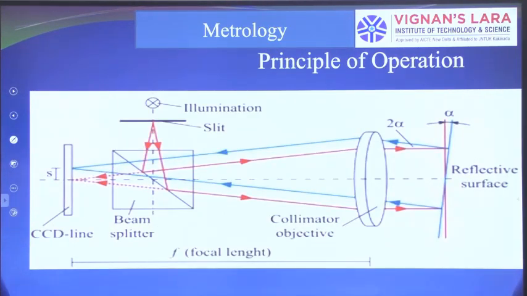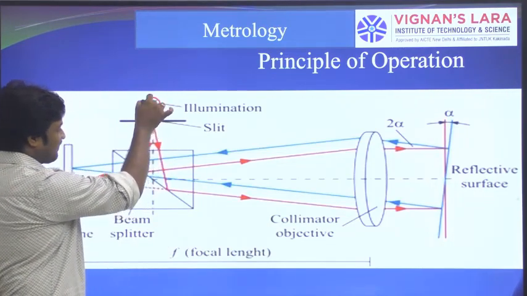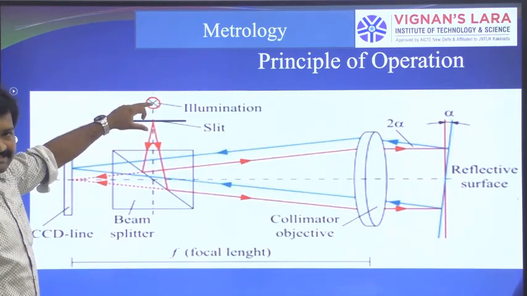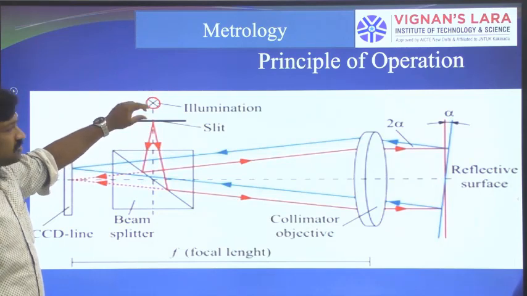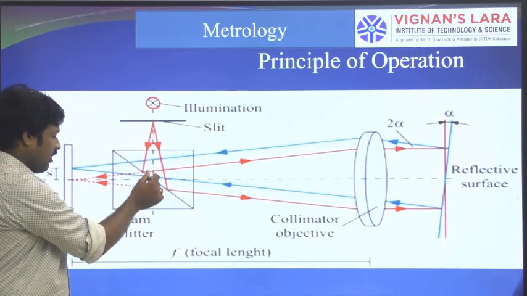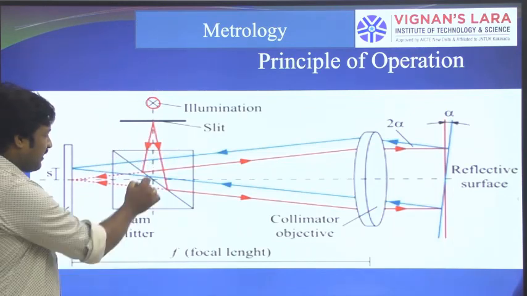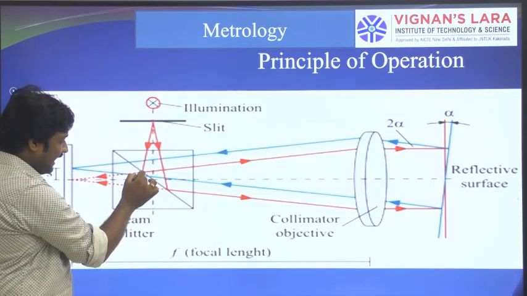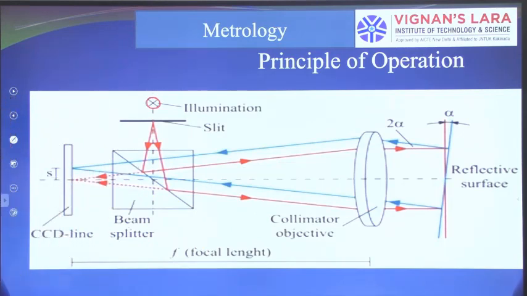Now the working principle of our autocollimator. It consists of a light source, which emits light. It consists of a slit, a reference plane, so the light source carries the references also. It projects on a beam splitter, which is a combination of 2 prisms. By means of this beam splitter, the light ray is splitting towards our component and towards the line, deviating in 2 directions.